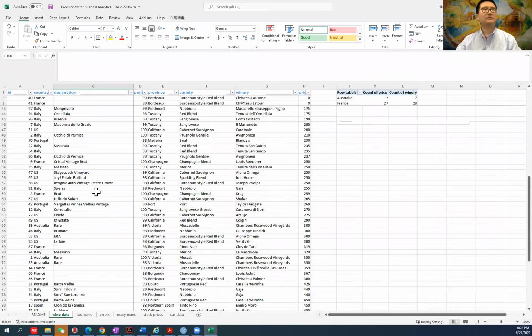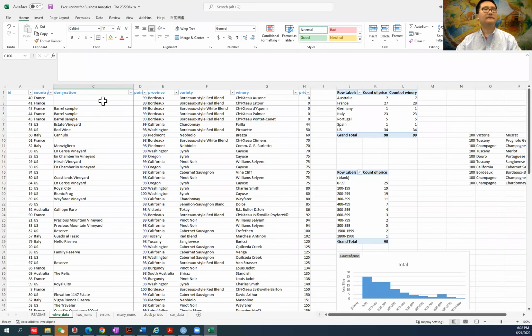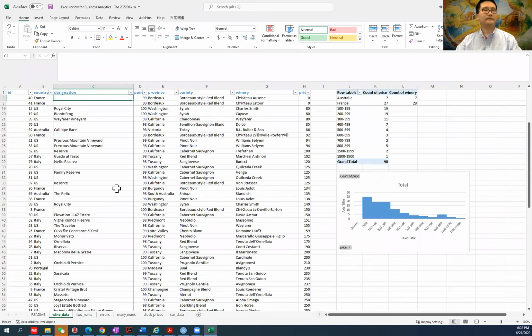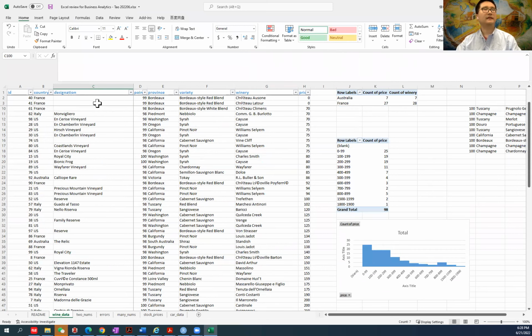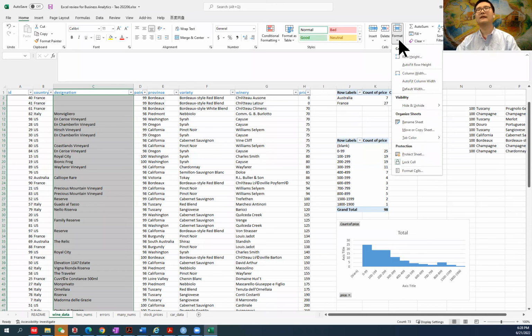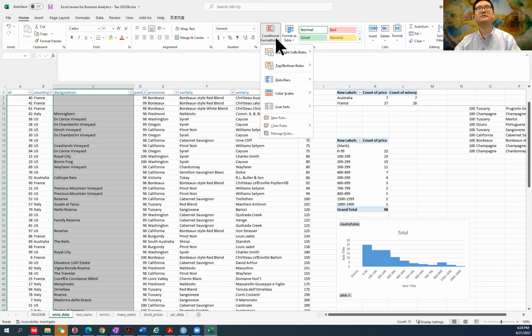And we can also do conditional formatting. For example, if we want to have different formatting for the cells of missing value in this destination column, then we can go to format, well, maybe conditional formatting. So we want to highlight cells